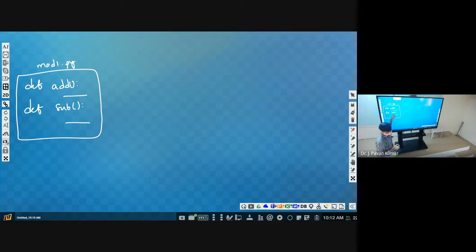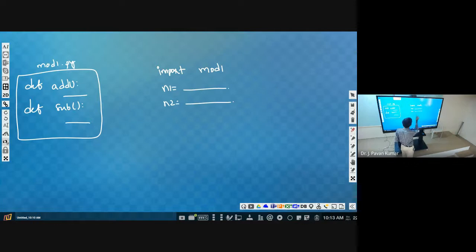Then, in order to reuse these two functions, in any other file we can import module1. This is what we have to use. Then we can take number input, number 1 input, number 2 input, and call these two functions.